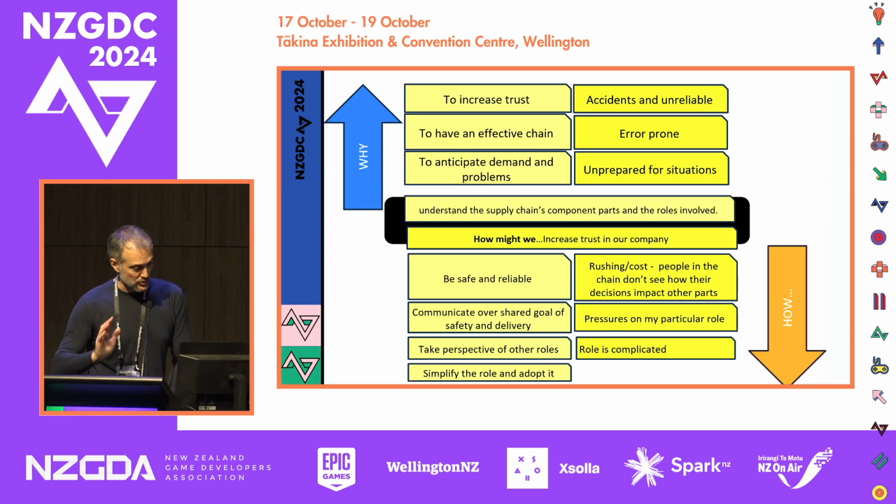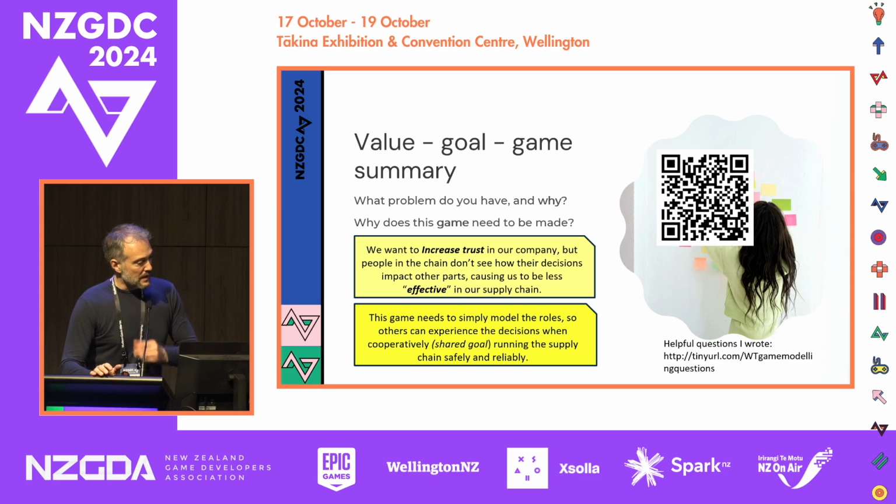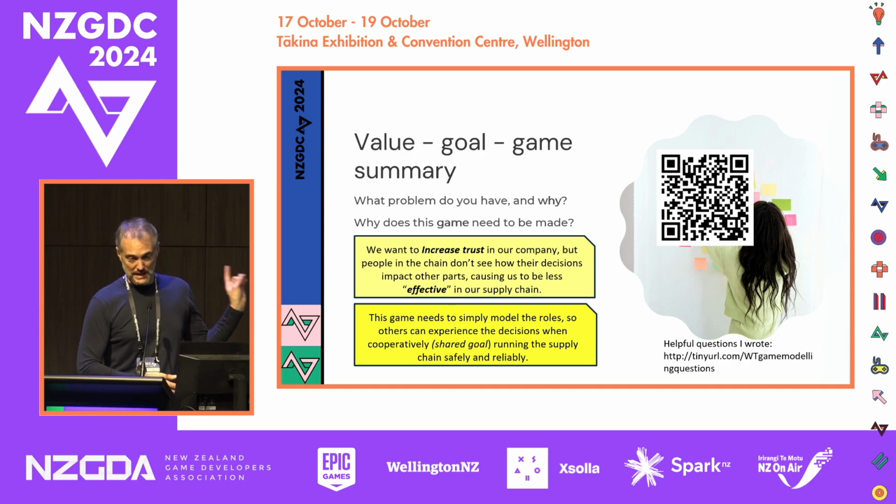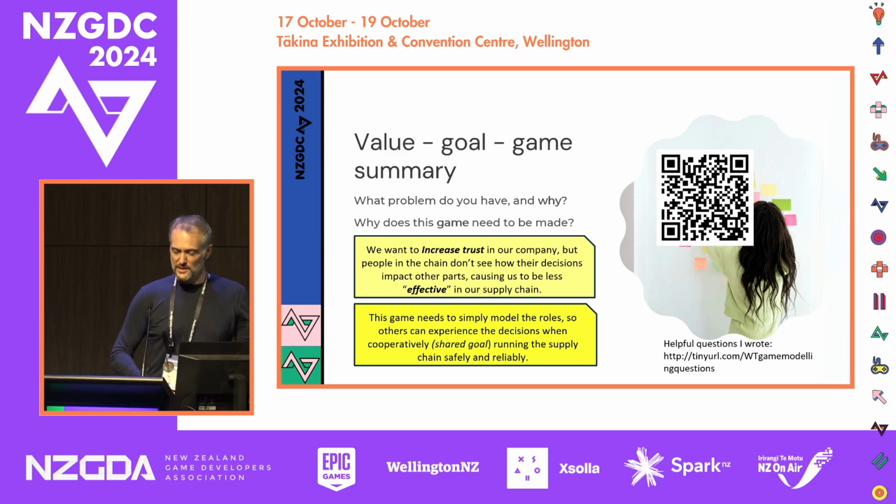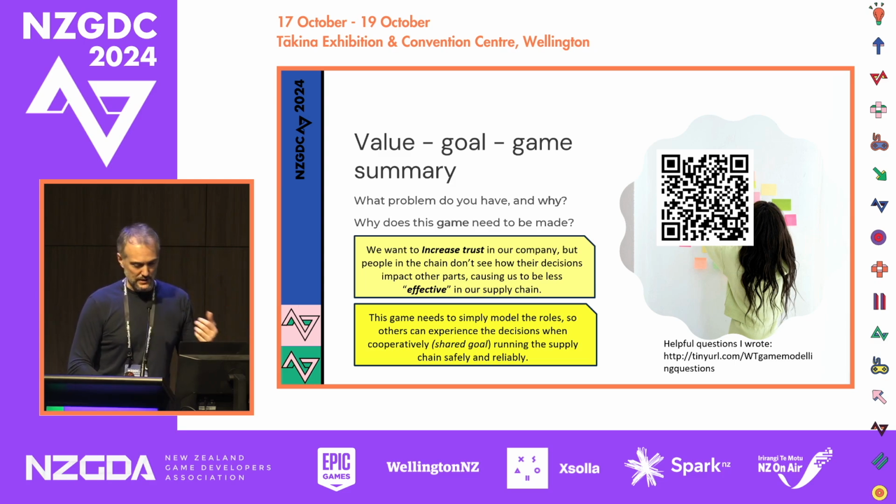You work with them, and I'll show you what that's going to look like using a very simple matrix that I'm going to do. So the basic here is we end up with a value that's going to lead to the goals of the game, increasing trust, and we're going to be able to generate the game summary. That QR code there is another way of asking these questions about the game design model, not the laddering part, but what you might do afterwards. It's about getting to know the system involved and who's got control, what the agents are, what kind of variables are in play. So it's a very simple, high-level document, but you might find it useful. If you want that, it's what the next step is going to be.